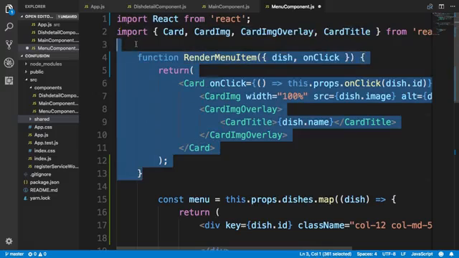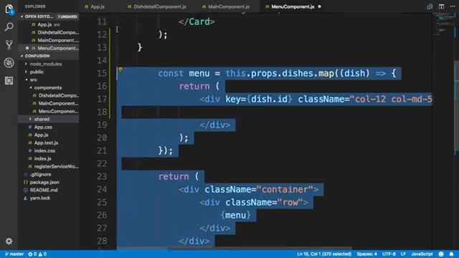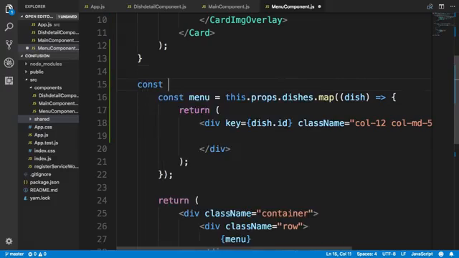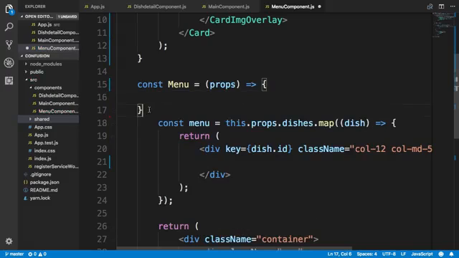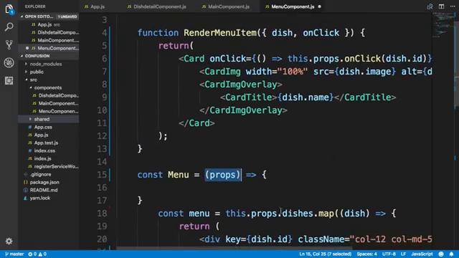Now, once we have done this, I can go in and make this part into its own functional component. Here I will show you another way of implementing a functional component. So we'll define const Menu equal to props. This is another way of implementing a functional component. Here I am using an arrow function from ES6 to define this. This is the parameter that is going to be received, the props parameter. I could easily rewrite this as function Menu within brackets props, but I'm just showing you two different ways of